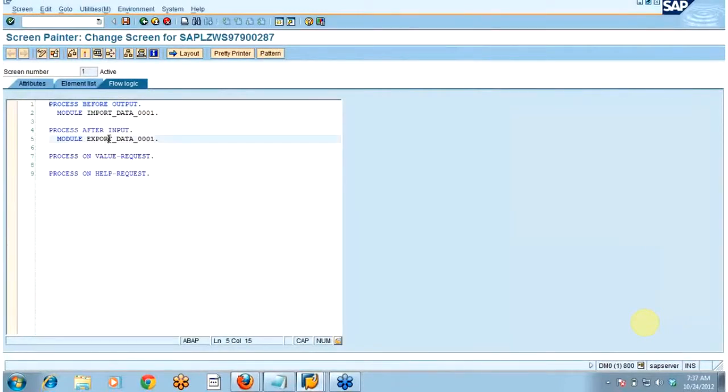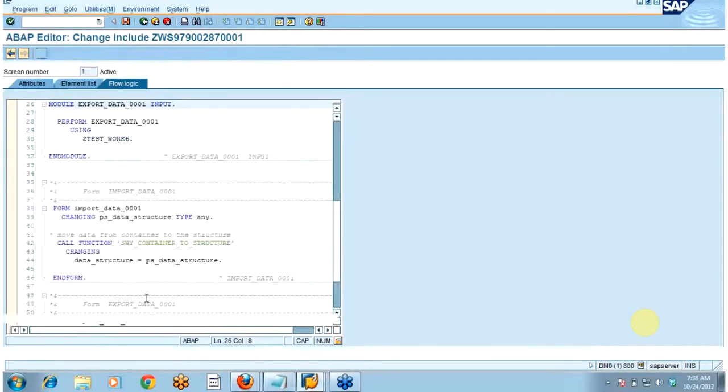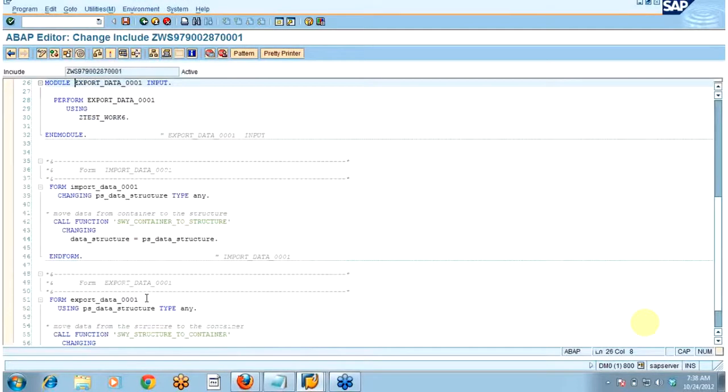In export data, why? Because action will be taken and process after input will be called. So once the action is taken, process after input is called, and this module export data will be called. Once I double click on it, I will show you in debugger mode also. First let us write some code.